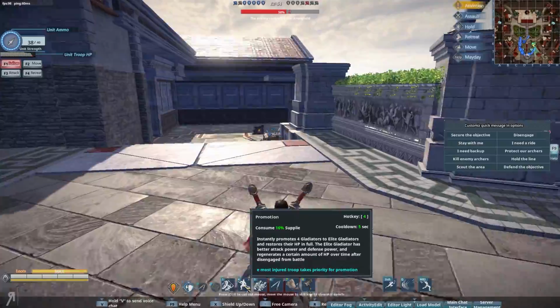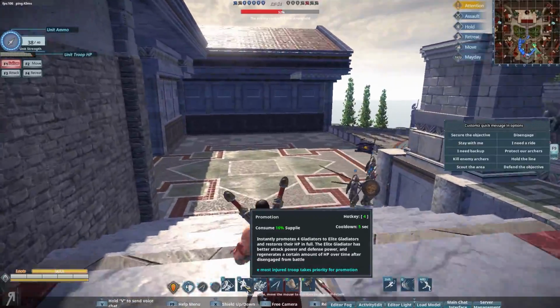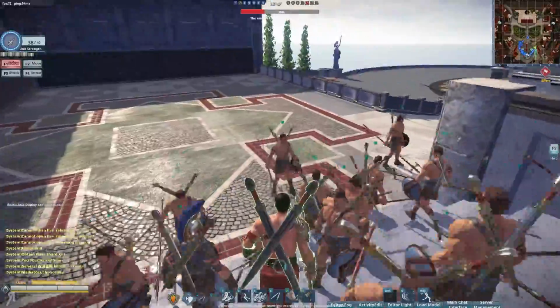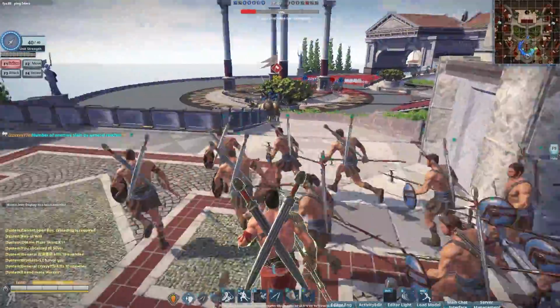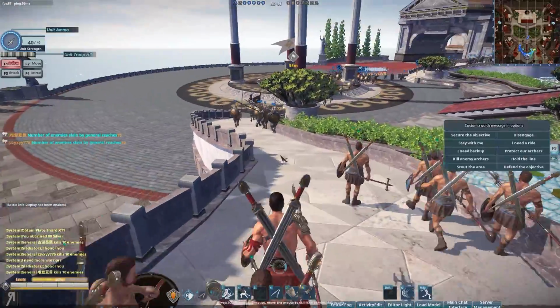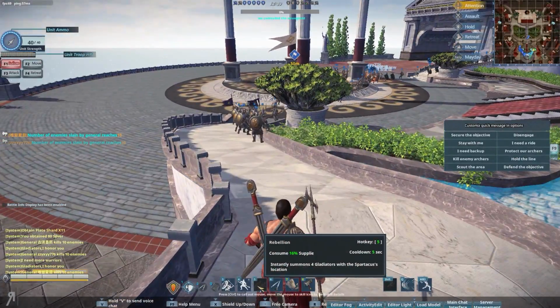Anyway, we do have a number of other abilities. Promotion. Instantly promotes 4 gladiators. Oh! I honor you. Look! I can promote my guys! Oh, yes, yes. Looting does this. Okay, so I can promote my guys and instantly promotes...